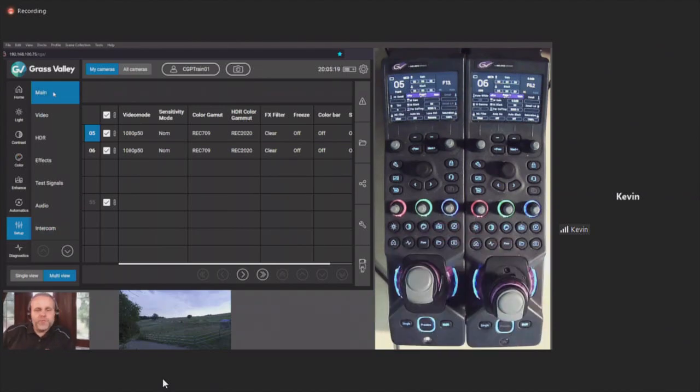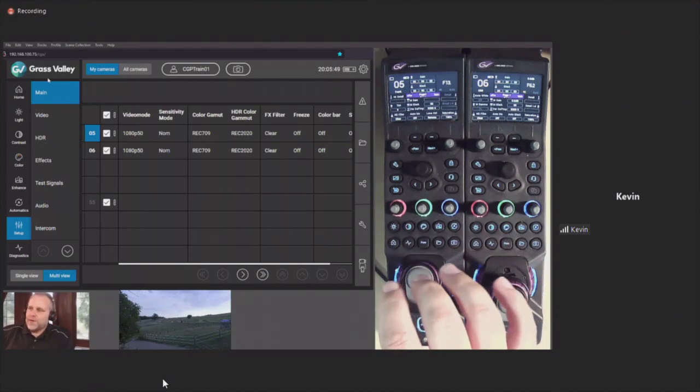So that is one of the reasons why we also say, even though you might say, I can do everything individually. Yes, you can. But the great advantage is, if you have more than one camera, you are immediately quicker by using this way of controlling the cameras and setting up the cameras. Good. So coming back to the control panel,